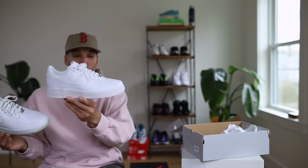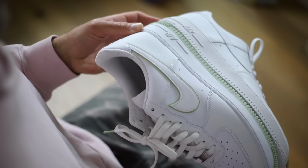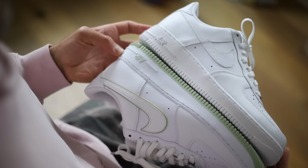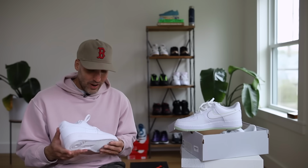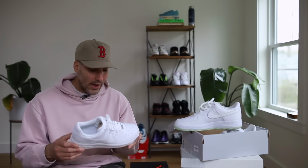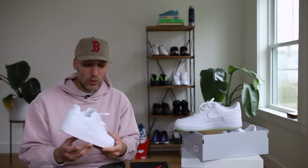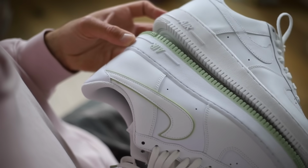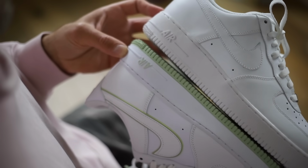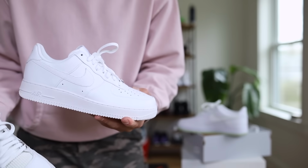The shape is really similar. Obviously this pair has a little bit of a moss green going on, but I was surprised. There's a few minor differences, but for the most part, if I walked into the store and they gave me these, I wouldn't question it. And that is absolutely wild to me, because how have these not yellowed since 2008? The shade of the midsole is slightly different, but it's not yellow. It's almost grayed. I want this entire sole to look like the mesh on these Jordan 4s, just slightly yellow,